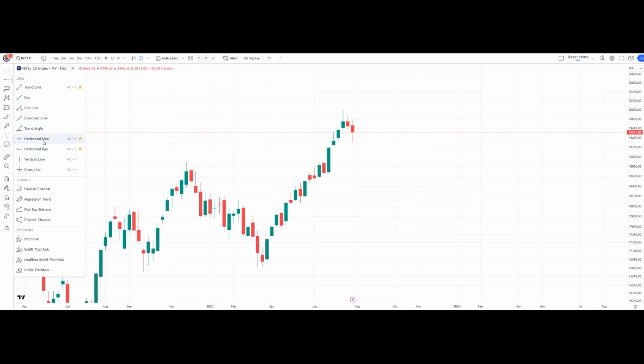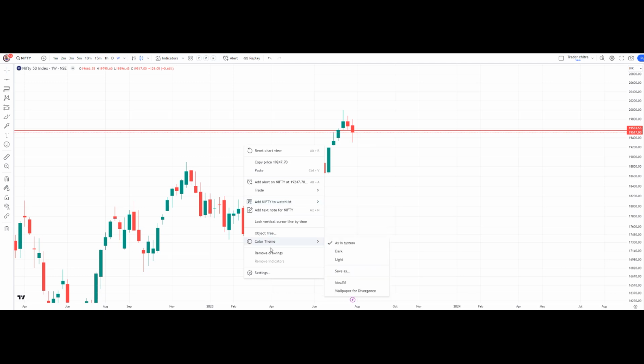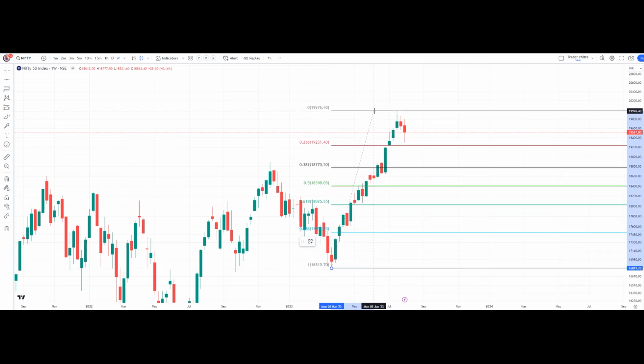When we put the horizontal line below the previous week's low, we can see that Nifty has broken this previous week low and had taken support at this 10th July's week. Also, when we try to draw the Fibonacci from the swing low to swing high, we can see that Nifty has reached the 0.236 level, that is